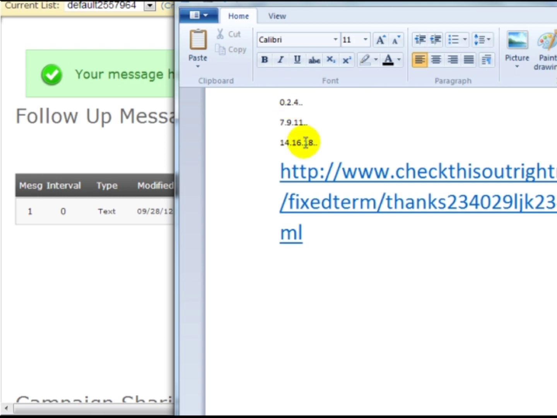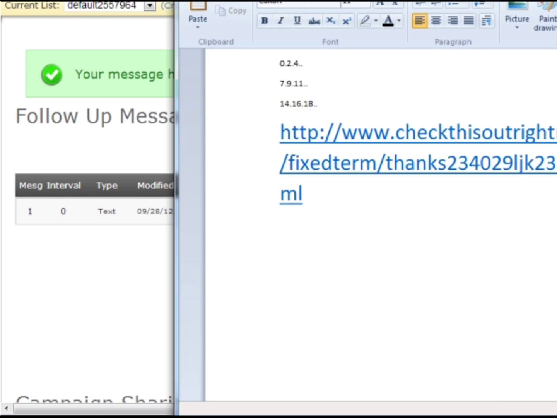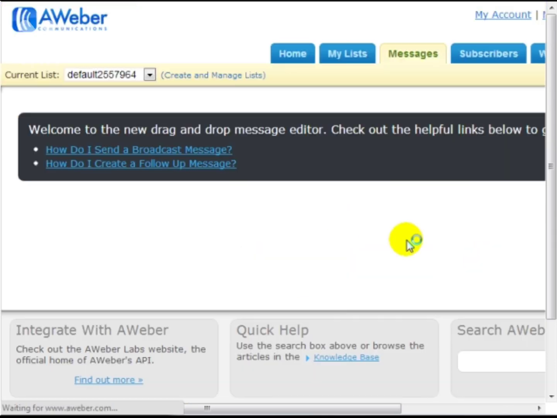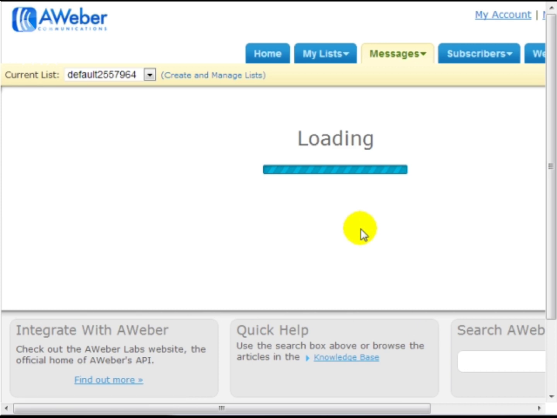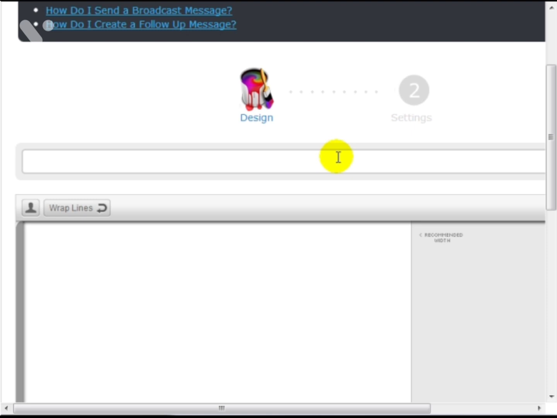And then if you want to retain your customer and help your stick rate increase, you could always insert a message in between these just to make sure that they are taking action. So since day 3 I want to put it out, I need to click on new plain text message. And then you want to continue it from that point. So what I mean by that